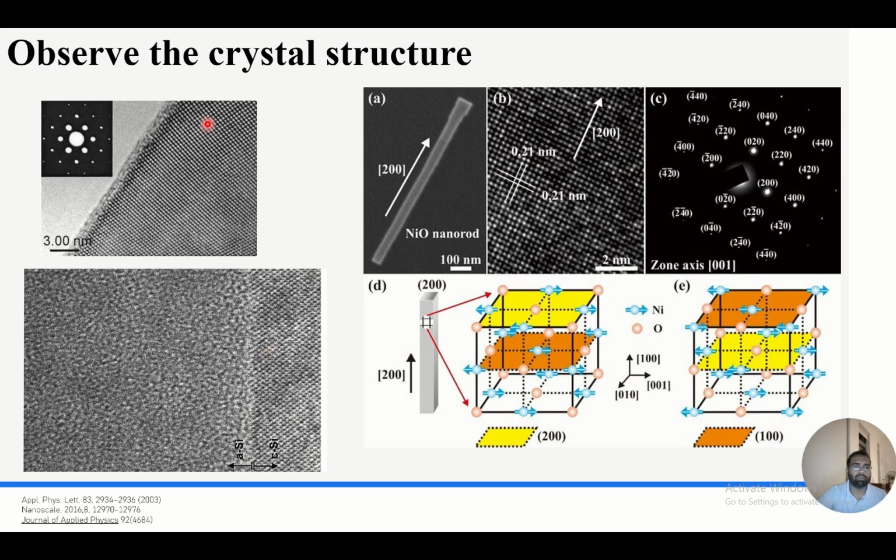So let's see, this material is there. You can see here there is no visible pattern, but on this side you have some visible pattern. So you can say that this material has this structure. And then we have a nickel oxide nanorod. You can see the scale is around 100 nanometers, meaning you need to zoom in much more to increase the magnification,